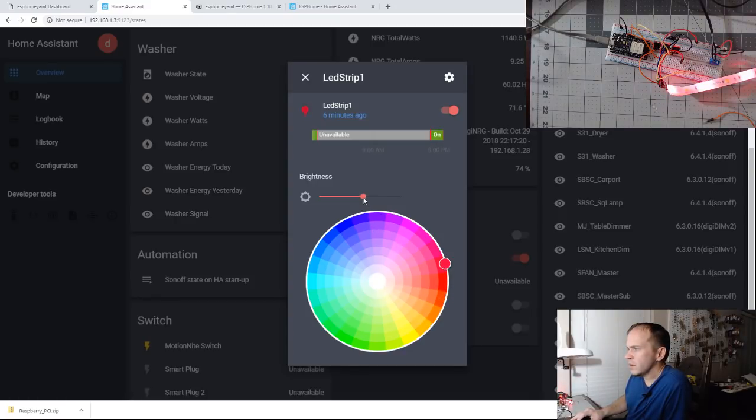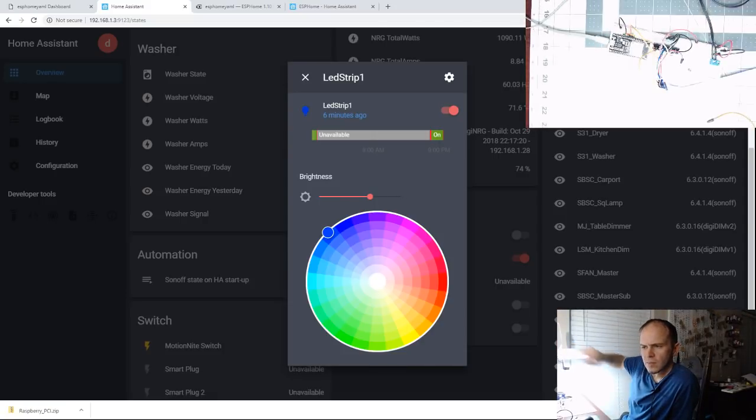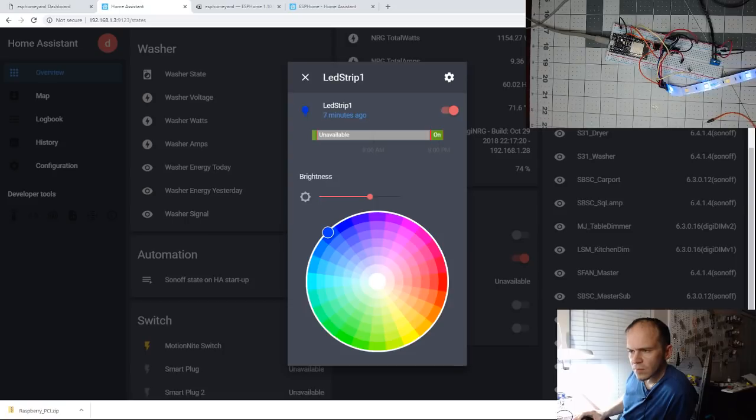And they get pretty bright enough. Of course, that's always the issue on the color, is being bright enough. But it's bright enough for me in the evening, and like I say, I don't really use the color a whole lot. So we'll dim that back down so we don't blow out the camera. Seems like LEDs always blow out the camera.